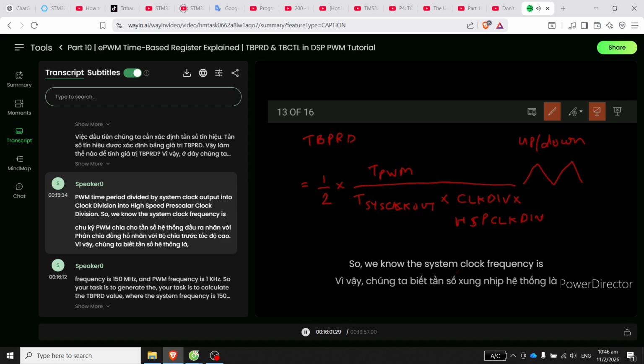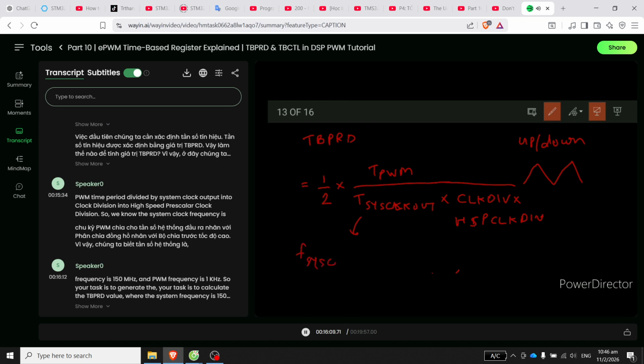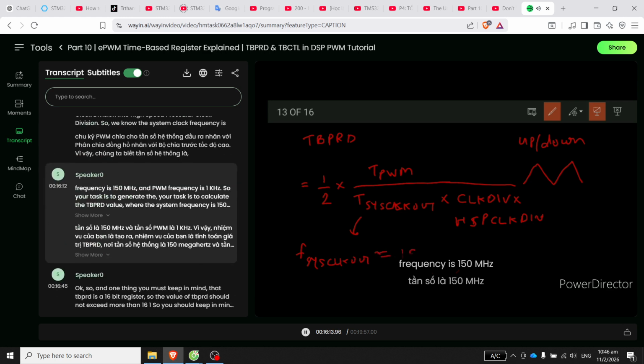So we know the system clock frequency is 150 megahertz